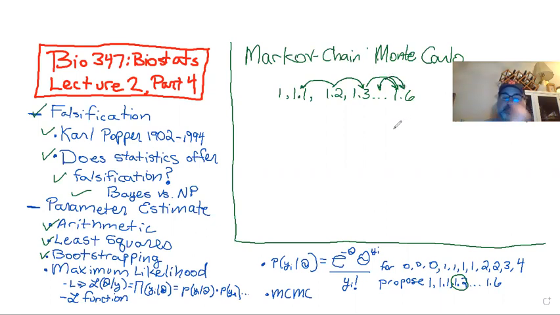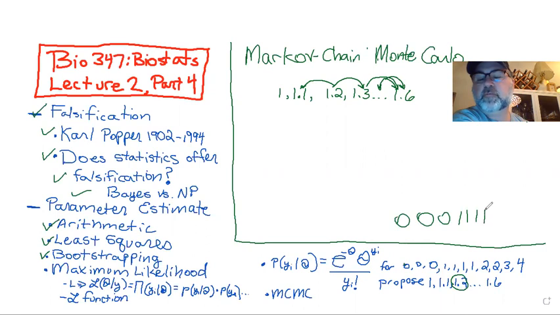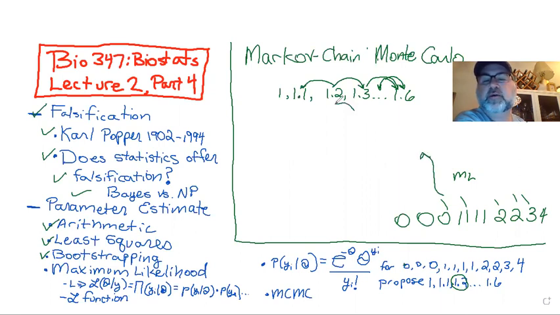And what you're going to do is you're going to do maximum likelihood for a sample of these data, right? So you remember your data is 0, 0, 0, 1, 1, 1, 1, 2, 2, 3, 4. So you pull out a sample, right? And then you calculate the maximum likelihood estimate. Throw those data back. You pull out a sample of data. You pull out a theta.